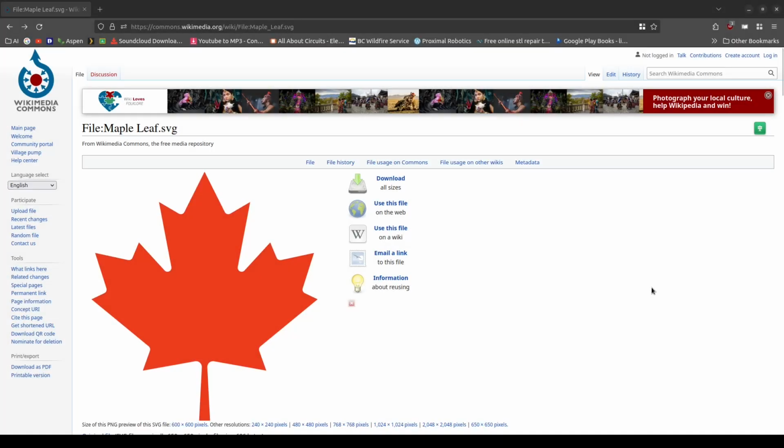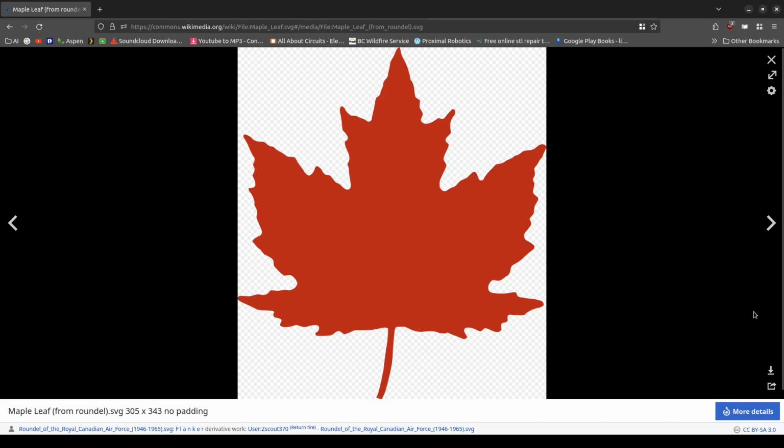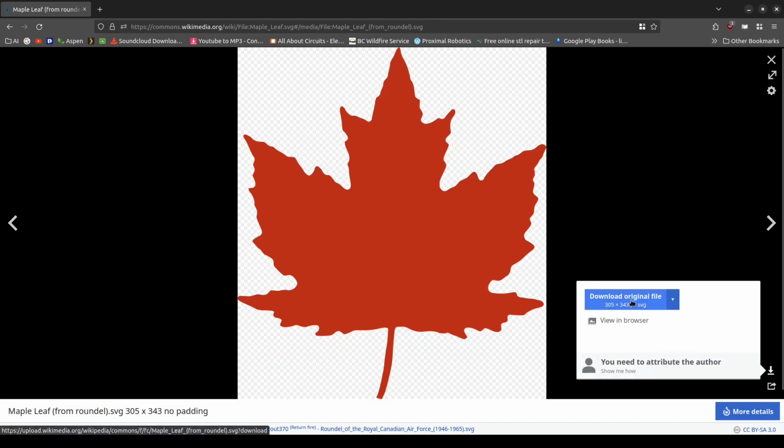I found an SVG file of a maple leaf that I'd like to use on Wikimedia. It's the one here called Maple Leaf from Roundel. You can use any SVG file. You need to make sure, though, that it is a file that ends in .svg. I'm going to download that to my computer, and now I'm ready to import it to Inkscape and to begin